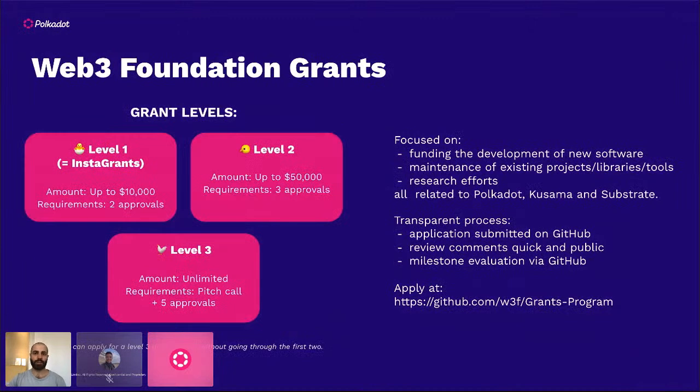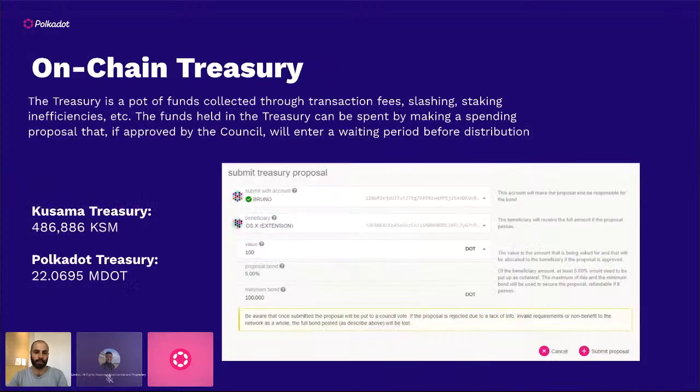Also, the Web3 Foundation has grants. Do remember that we're always looking for great ideas to fund through the grants program. There are different levels of grants depending on your application. You would have to go through a process for applying, and once you are done with the hackathon, based on what you have, you can draft up something to submit to the grants program to actually continue your idea.